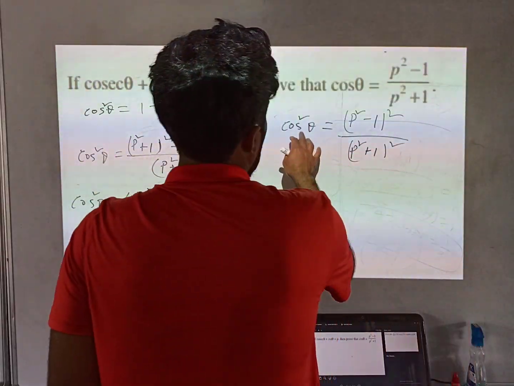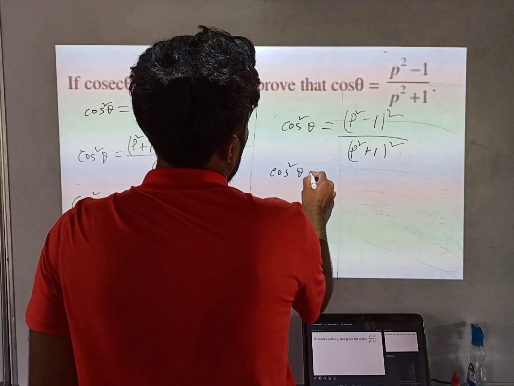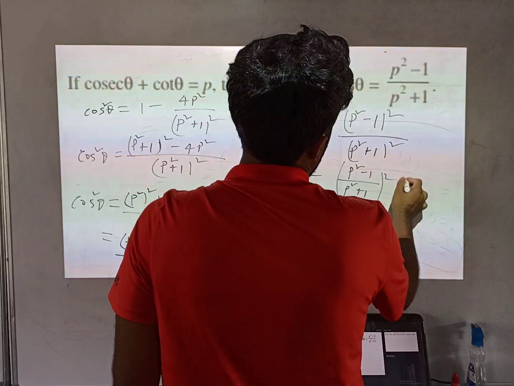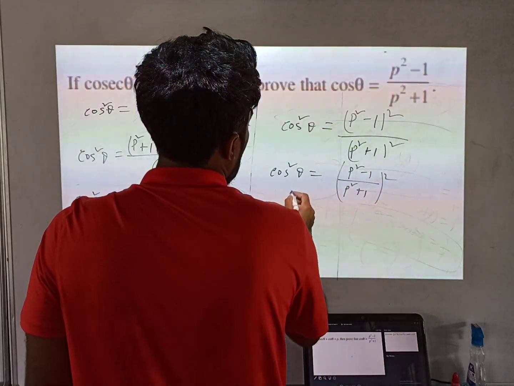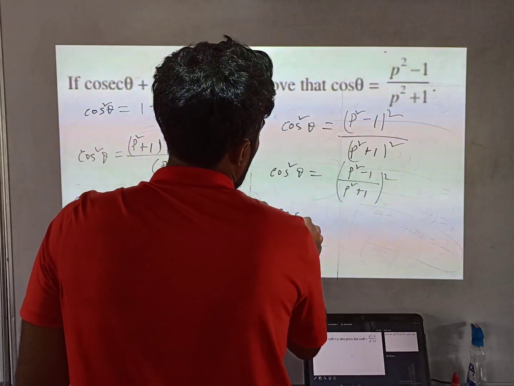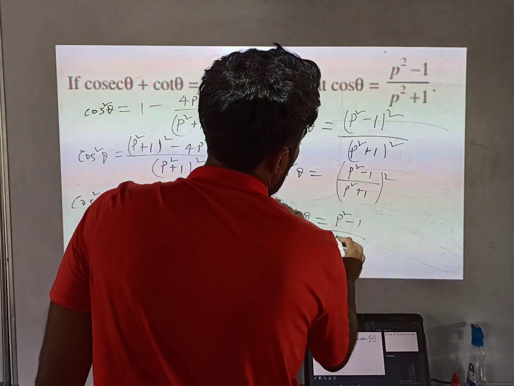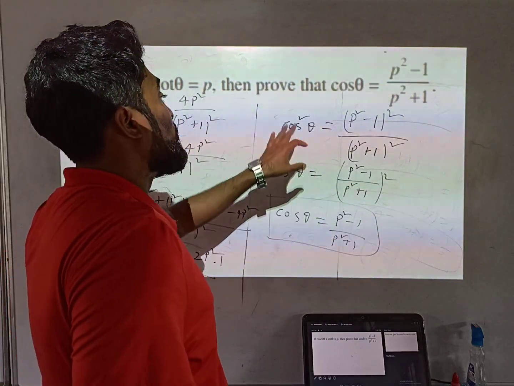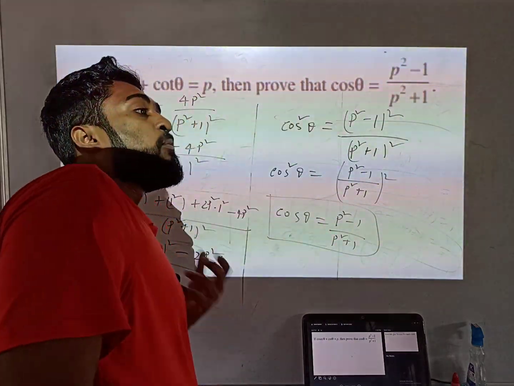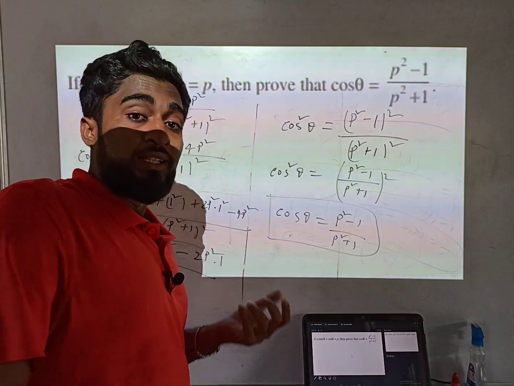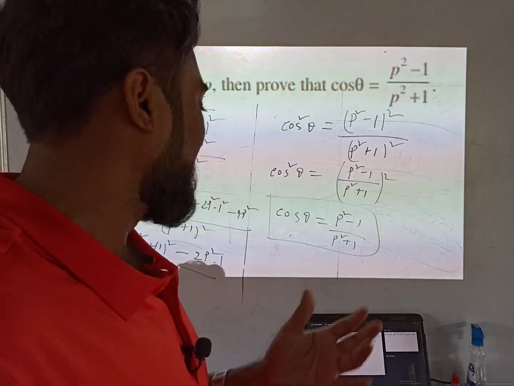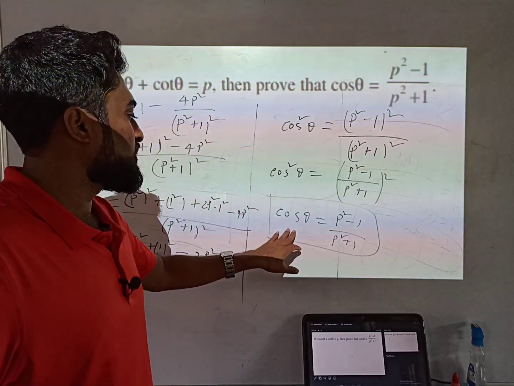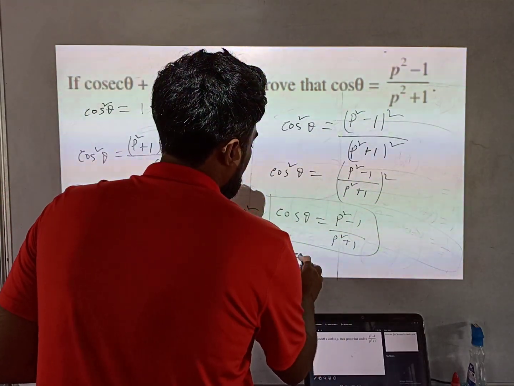So this I can write cos square theta equals p square minus 1 by p square plus 1 whole square, because both are having square. Okay. So finally if I cancel out the square from both sides, what I get? Cos theta equals p square minus 1 by p square plus 1, neglecting the negative value of cos theta, as we know that cos theta, sin theta all are positive because of acute angle theta. Theta is less than 90, greater than 0. That is why all ratios will give positive value only. Okay. So this is the value of this, hence proved.